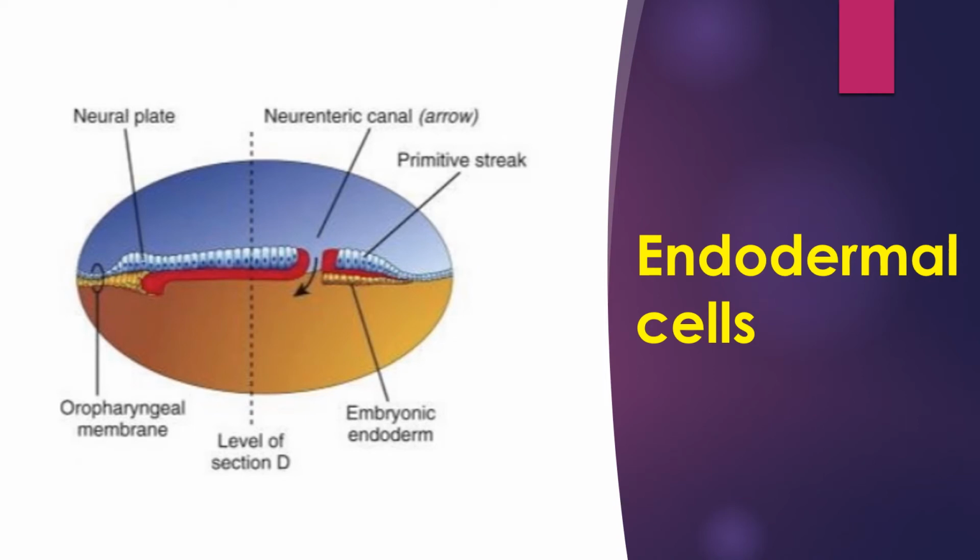So here in this part we can see the disintegration of the endodermal cells, and this neuroenteric canal directly rests over the yolk sac, and above it the amniotic cavity is there. So through the neuroenteric canal there is a communication between the yolk sac and the amniotic cavity. So the nutrition from the yolk sac can be passed to the amniotic cavity. So here the absence of the endodermal cells can be seen.